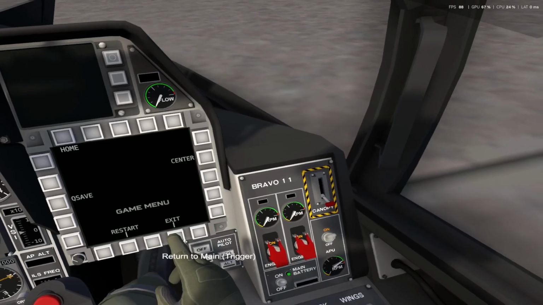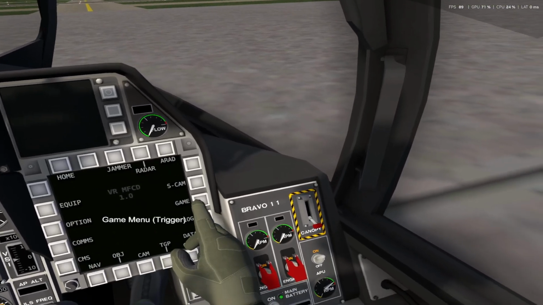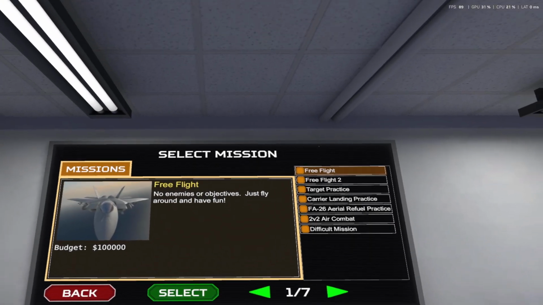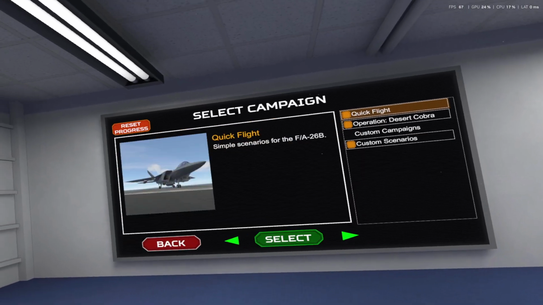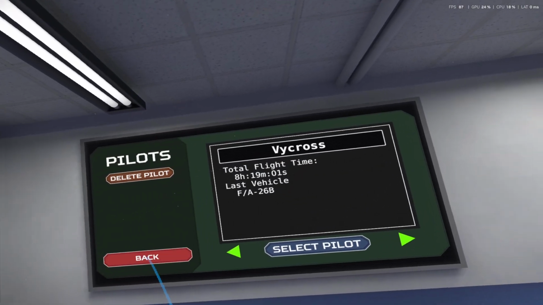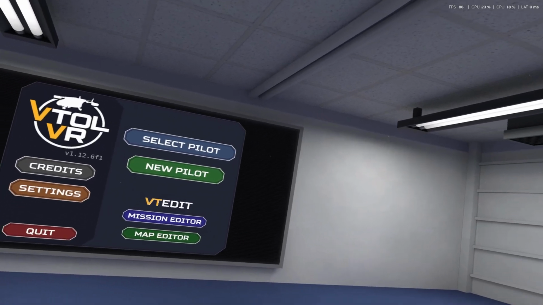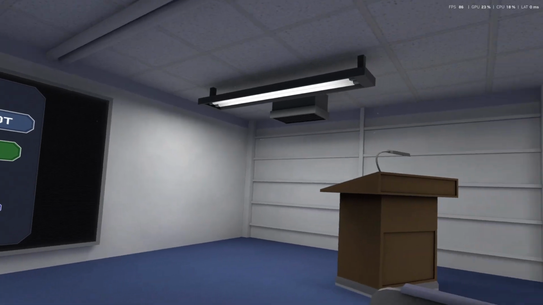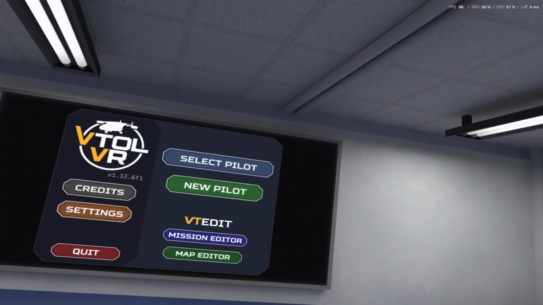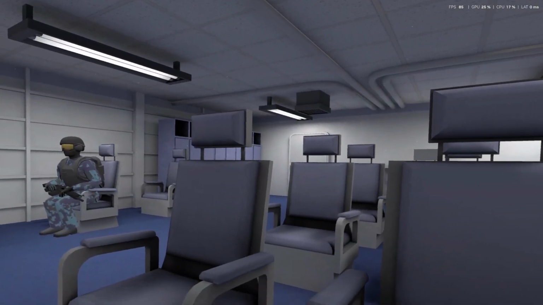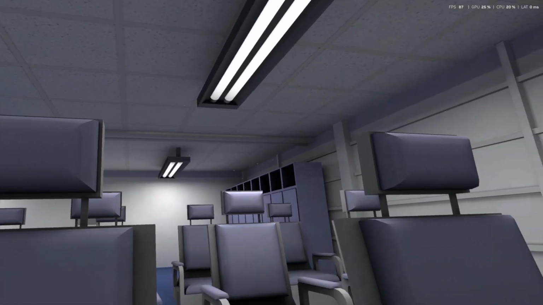If you want to exit the mission, you just press onto the game menu and then exit, return to main. And this puts you back here into the mission select or server select, whatever you want to do. Now, if you want to decide to put someone into like the loadout, or rather the role select menu or into the main menu, for now we will leave as is. Okay,